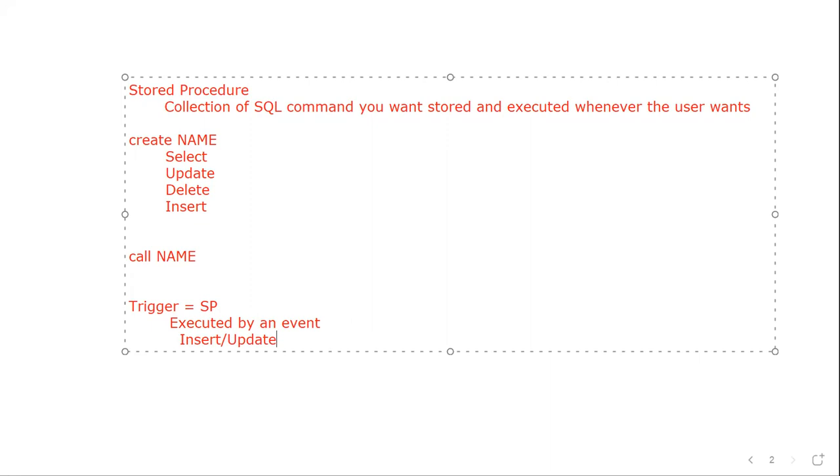By any update that might happen to your database, you can activate the trigger. For example, when something happens on the employee table, we can tell it to do something. So the main difference is that a stored procedure requires the user to initiate it, whereas a trigger is initiated by the event. Keep this in mind and let's go back to